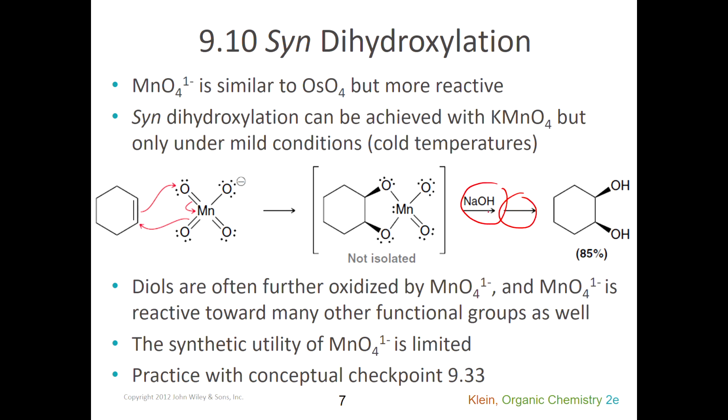There's a lot more than that. But once the stereochemistry at this carbon and this carbon is established, and these two groups are syn, they remain so even after the other steps of the mechanism occur. The problem with potassium permanganate is it's more unstable than the osmium tetroxide. And the potassium permanganate will continue to react with this. It's very difficult to get the dihydroxylation to occur and then avoid another oxidation which would convert the OH bonds